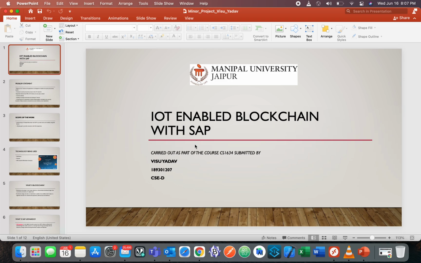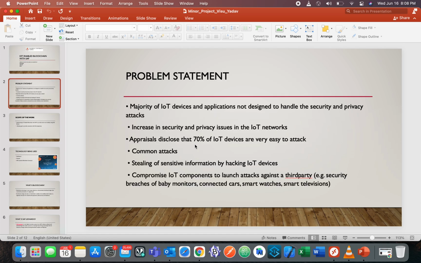My name is Vishu Yadav, and I've done my minor project on IoT Enabled Blockchain with SAP. The problem statement which I took was that the majority of IoT devices in the warehouse industry have privacy issues and they get hacked very easily. So, what I've done is